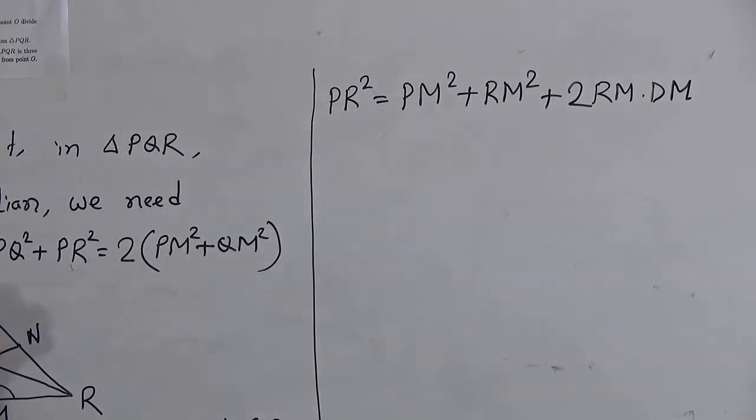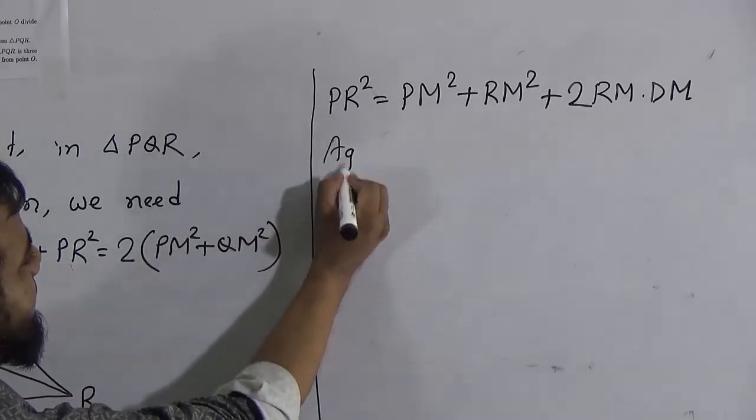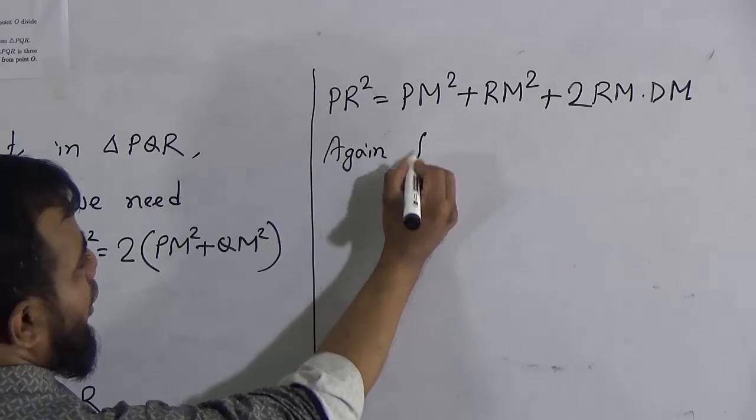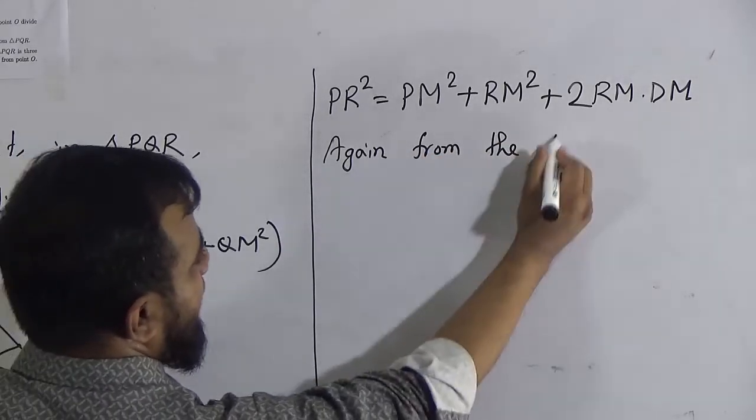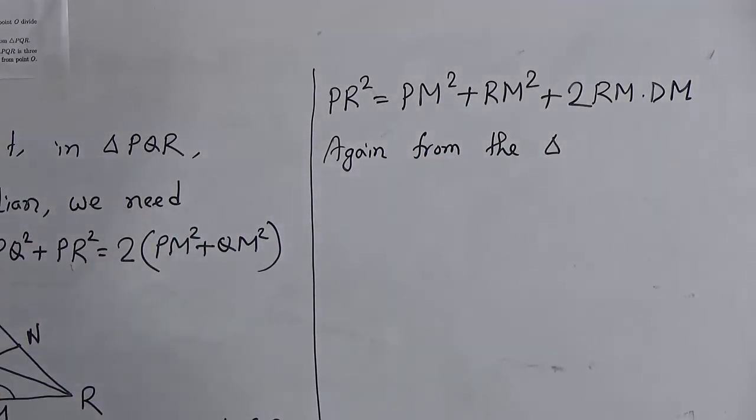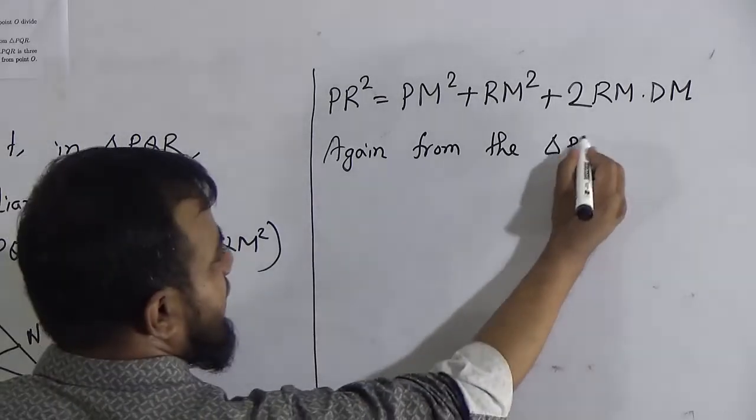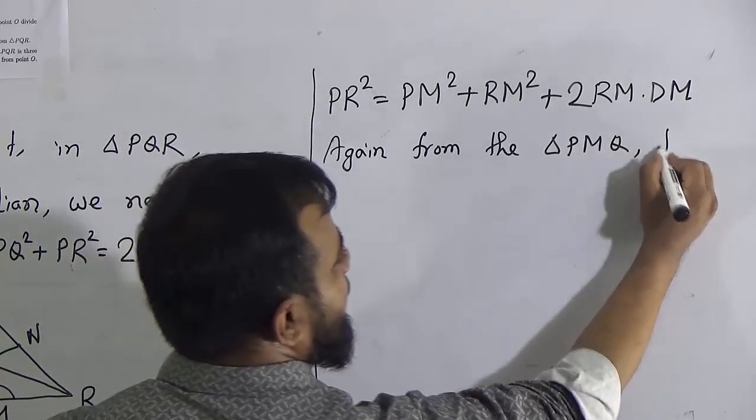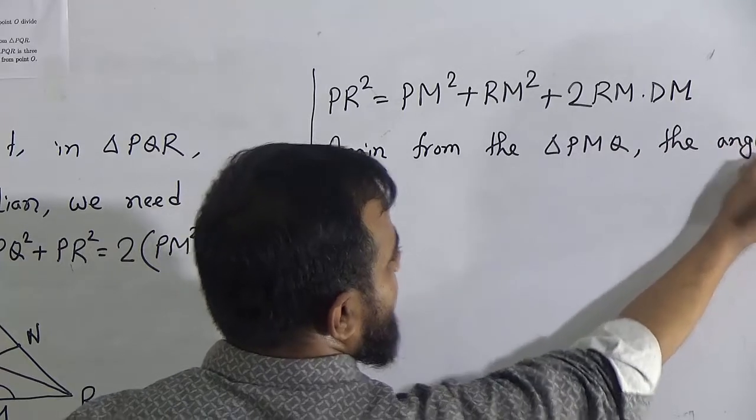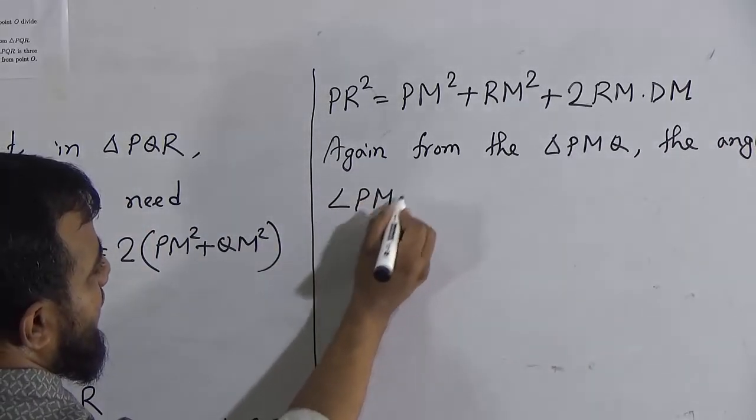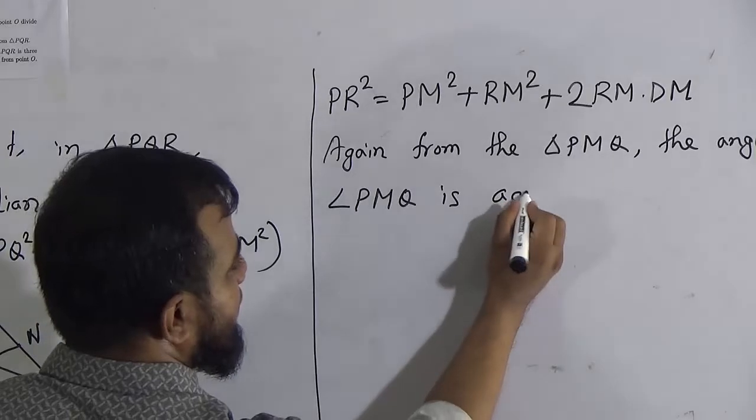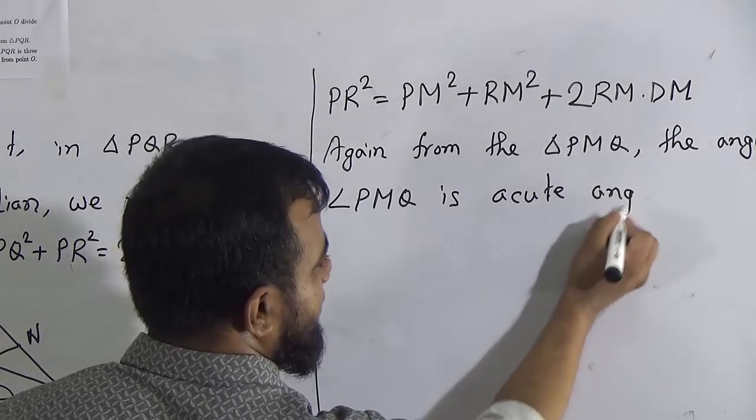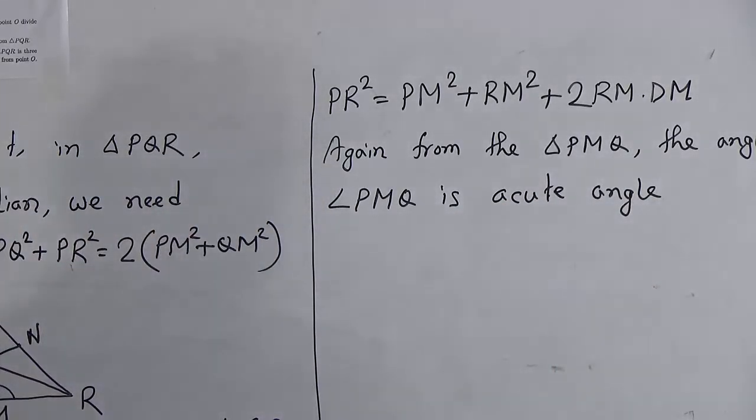That means from the triangle PMQ, the angle PMQ is the acute angle. Write down again: from the triangle PMQ, the angle PMQ is an acute angle. Okay, this is an acute angle, and